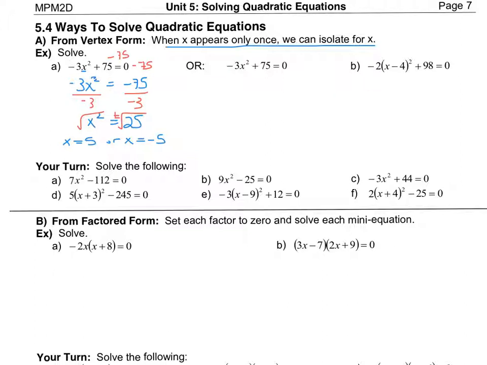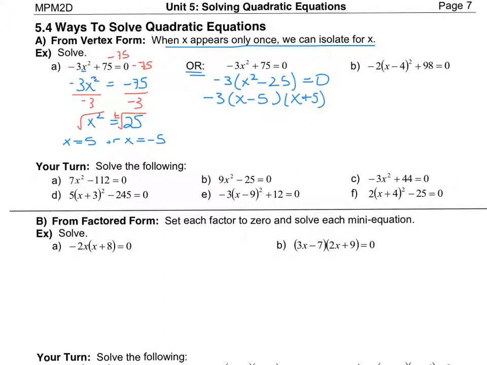Okay, so that's one option for solving that. Another possible option would be to use our factoring skills. So in this example, I've repeated the question. I could common factor negative 3 out of both terms. So I get negative 3 times x squared minus 25 equal to 0. And then I have a difference of squares inside the brackets, so I would have x take away 5 times x plus 5